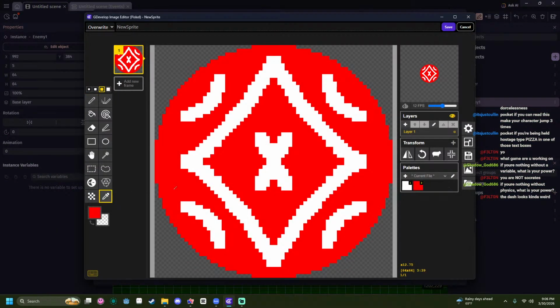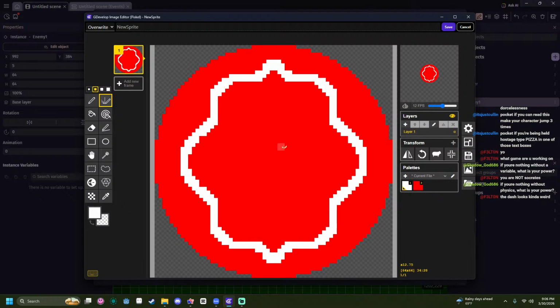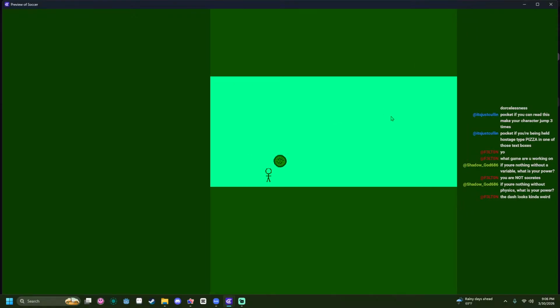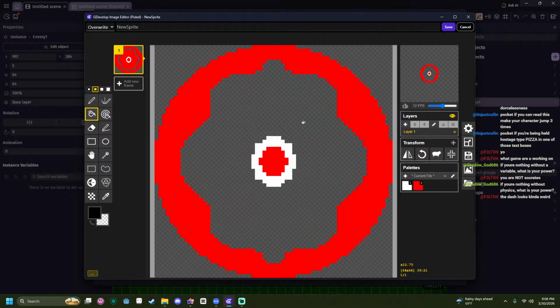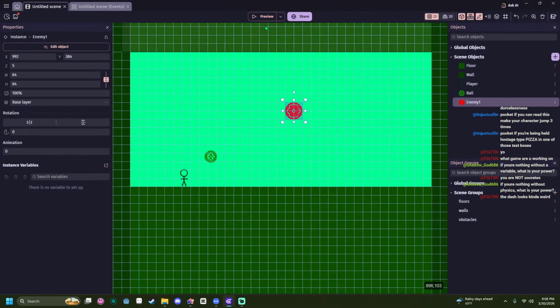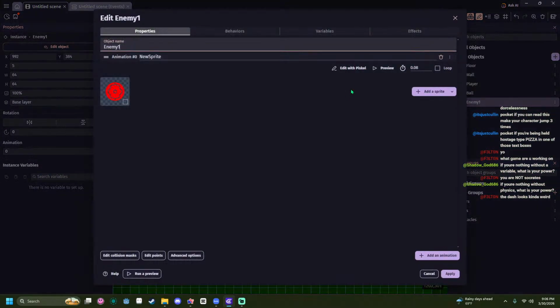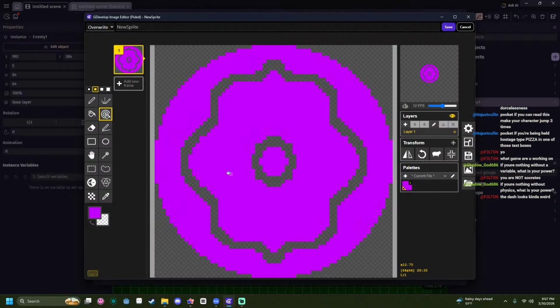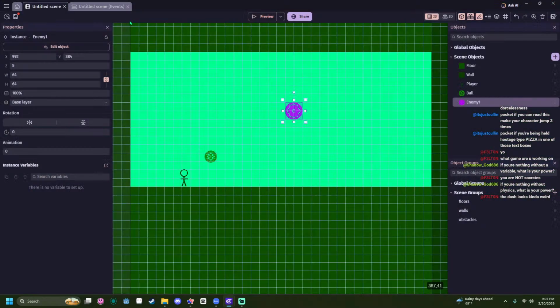Actually, I'm not gonna lie, it's kind of washed out. Let's just do white, do a small stroke, and then a circle in the center. Or, you know, actually, we don't need this to be filled in. Just let it take on the background color. And one more thing, kind of want to do purple. Cool. Okay.